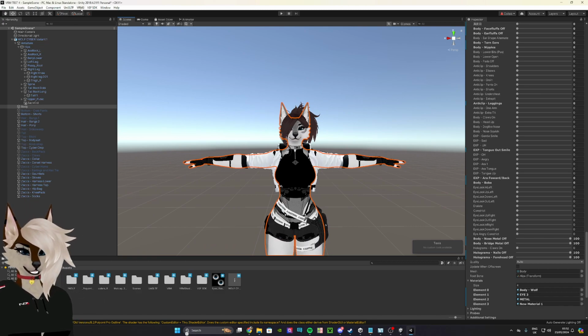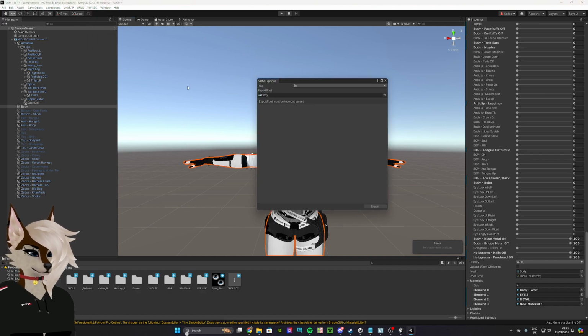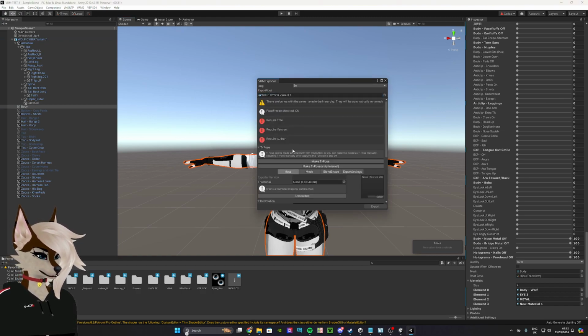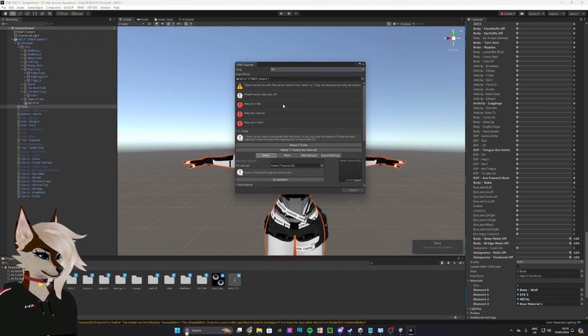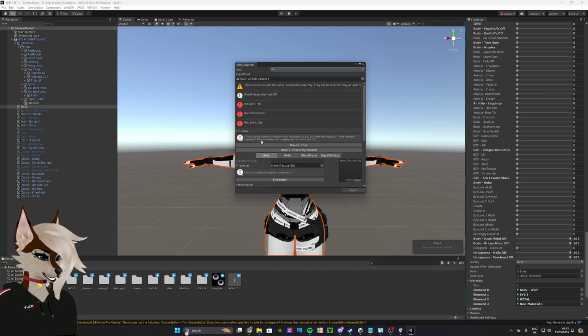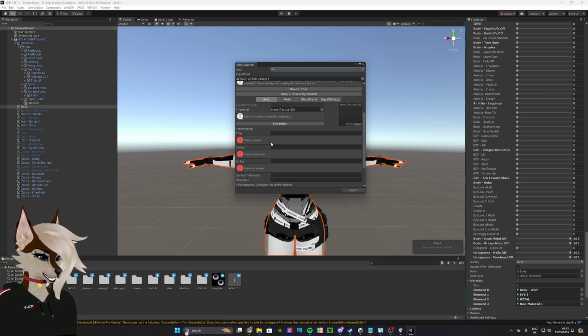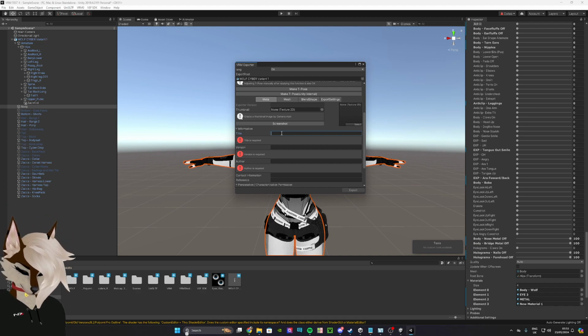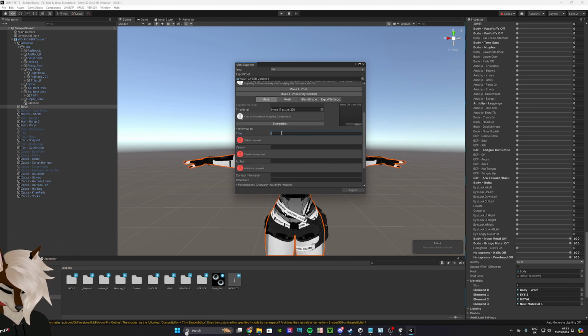So next what you want to do is go to your VRM here, and then you want to export it. If something like this pops up, just go over here and you can just drag it in. So far, the only areas it's asking for are these, so it's like everything's good. So, title, guess we can name it